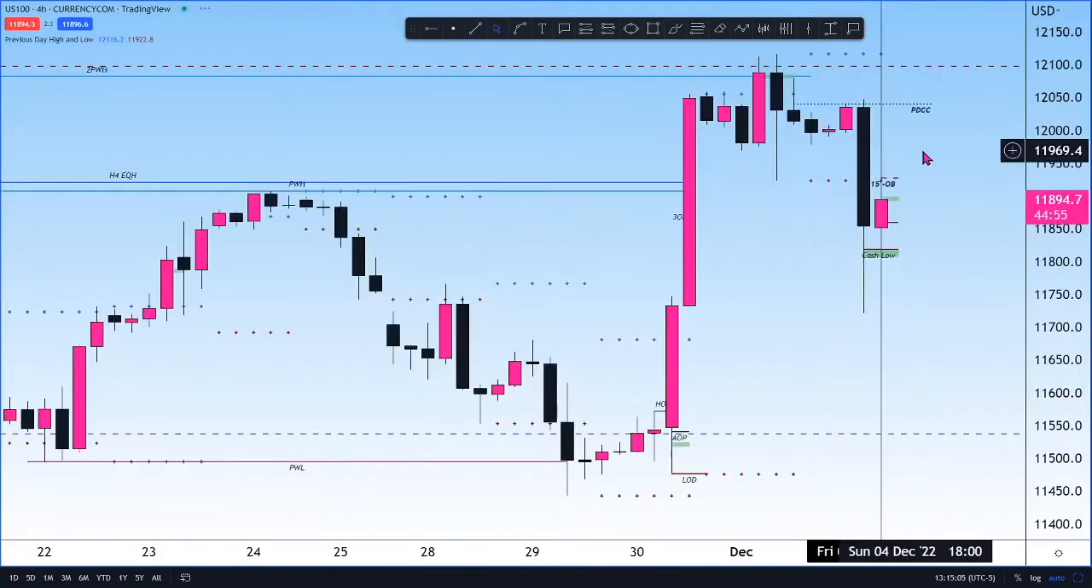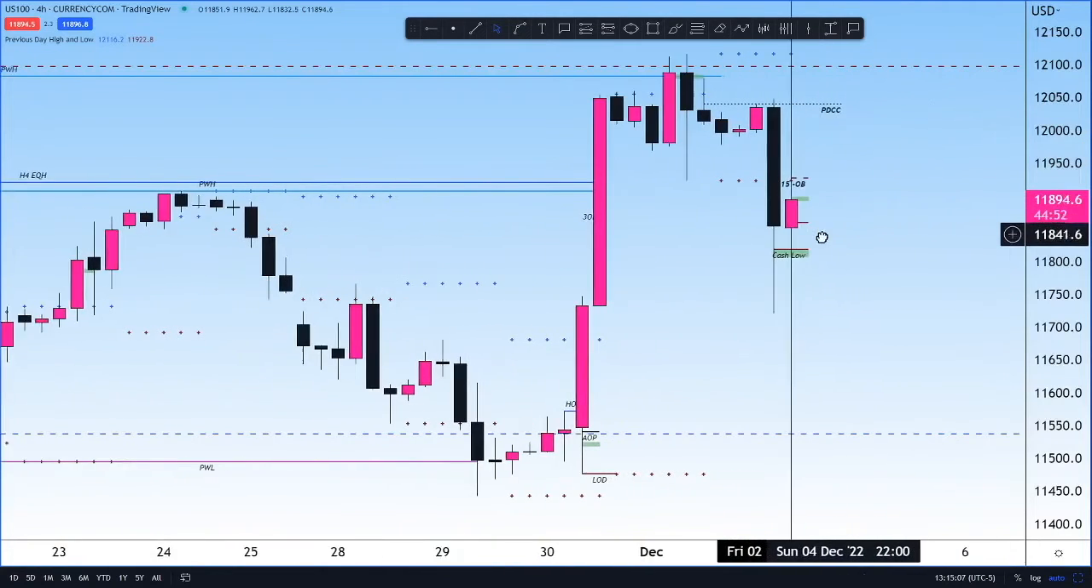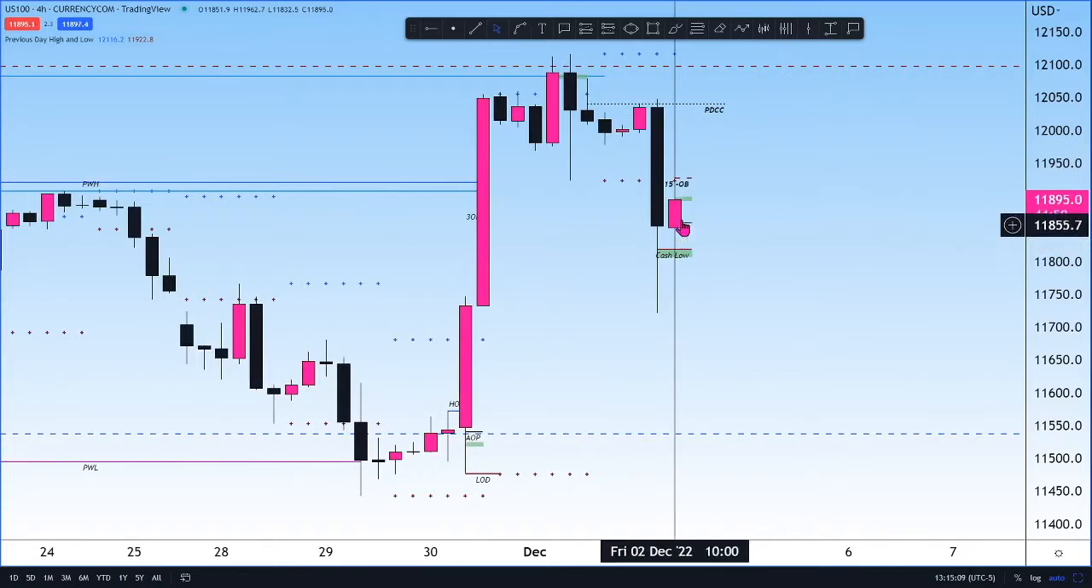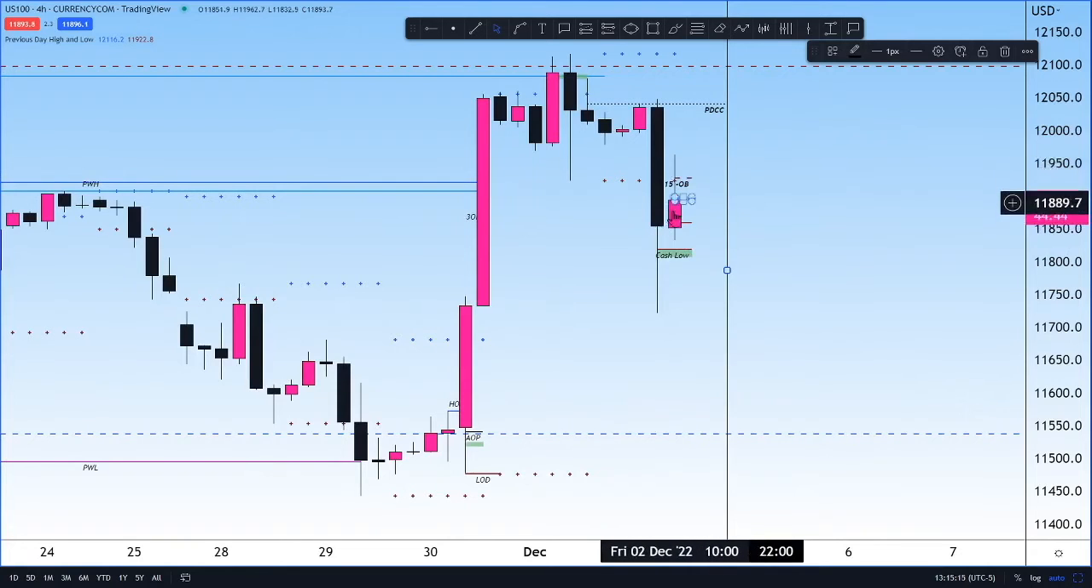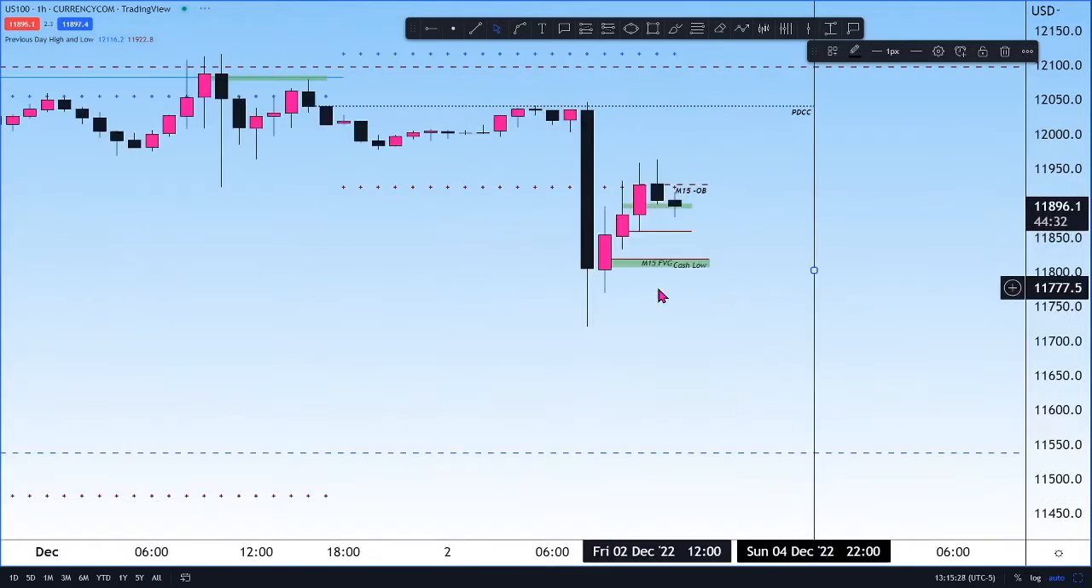Moving down to the 4-hour time frame. So we had this again. So we had the wick higher coming into the second half of the AM session, and then into the lunch. We had a lunchtime reversal coming back down. Nothing really to look at on the